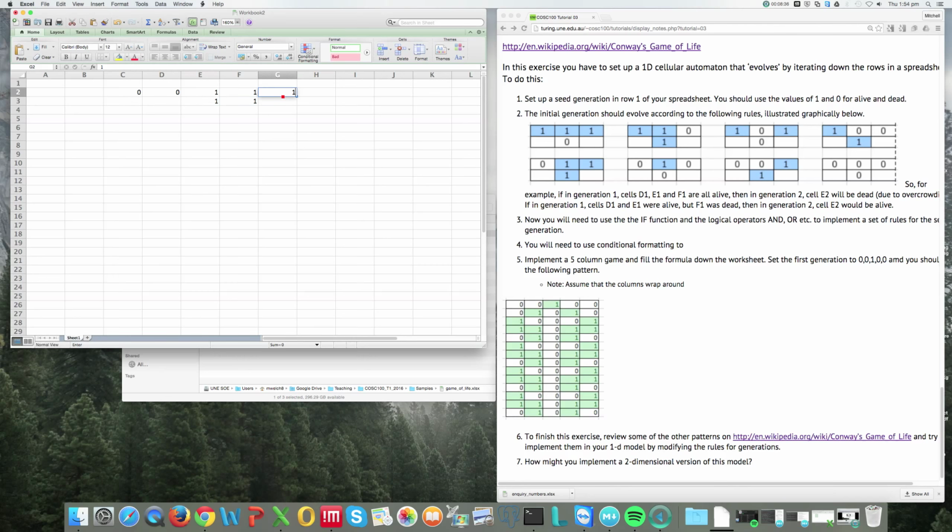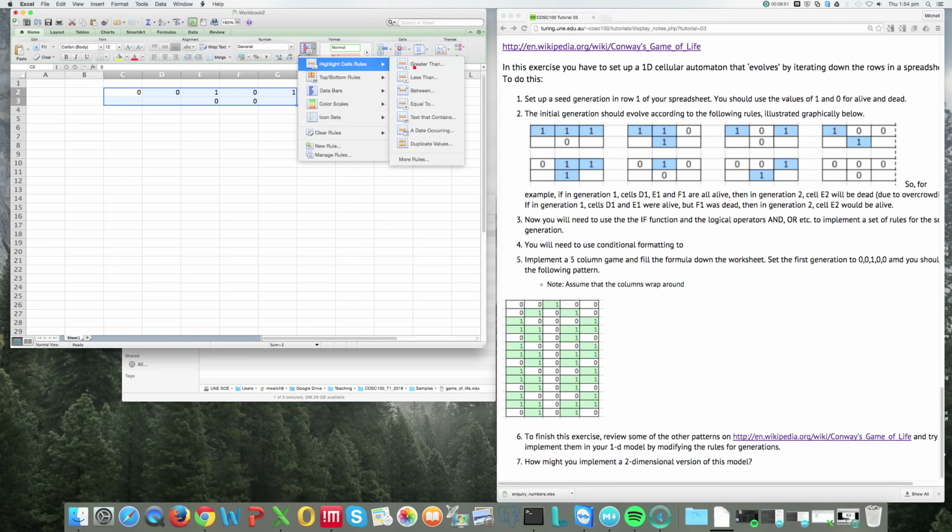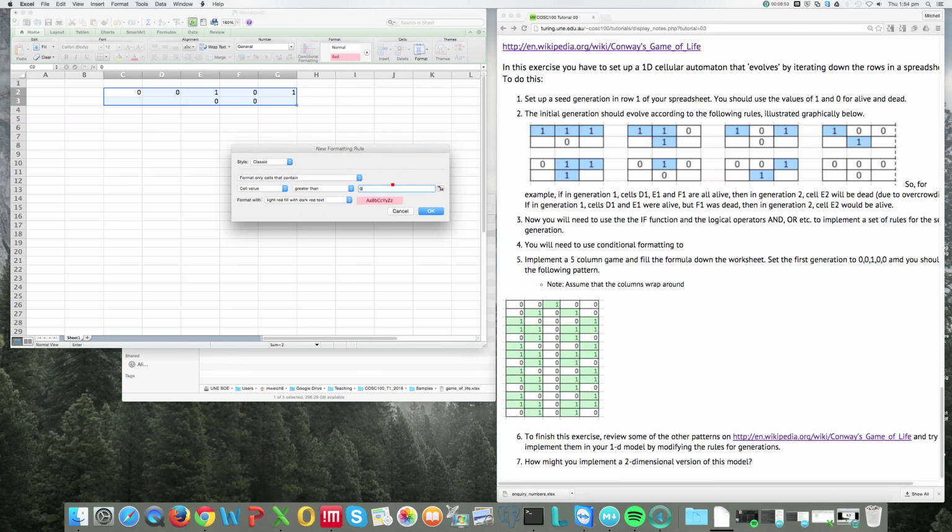So if we put a 1 into here, it should change to 0. If we put a 0 into here, it should also change to 0. So we've captured all of those different configurations in our sheet here. I'm actually going to go in and put some conditional formatting on so that we can see